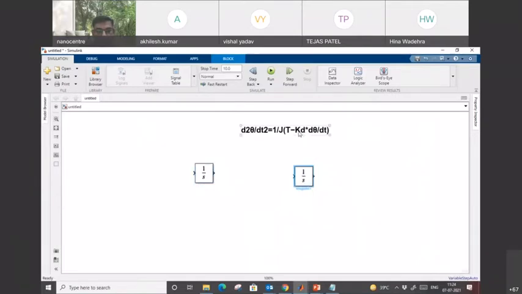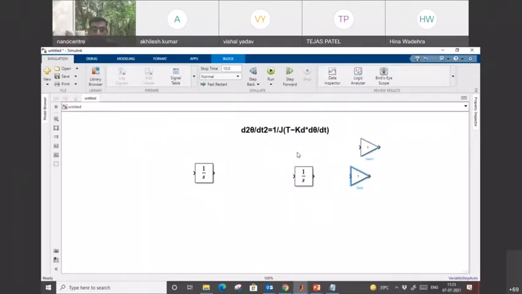Okay. And here you see that KD is multiplied and 1 by J is multiplied. So I require gain blocks. If I know the block name, I can simply search it from here. So I have two gains, so I will drag them like this, and I have two gains available here.